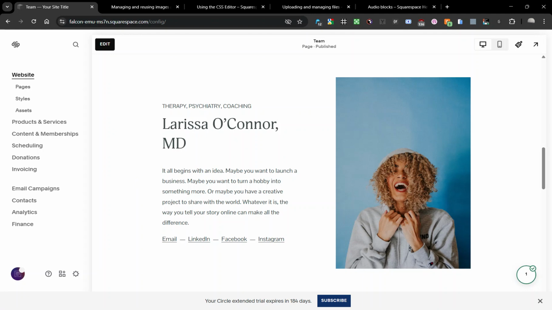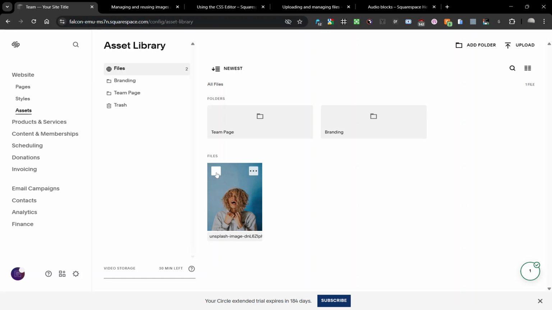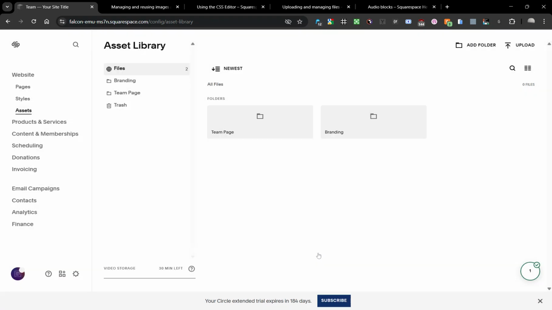A few seconds time saver. If I go to assets now, I can click this little box here to check it. I can click move to and pop it into the team page. It's not going to break any links. It's going to keep things neat and organized